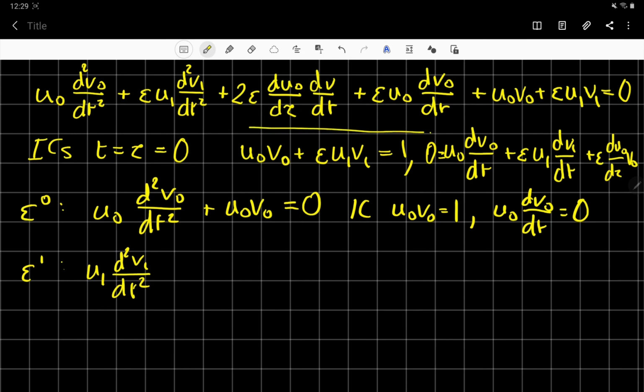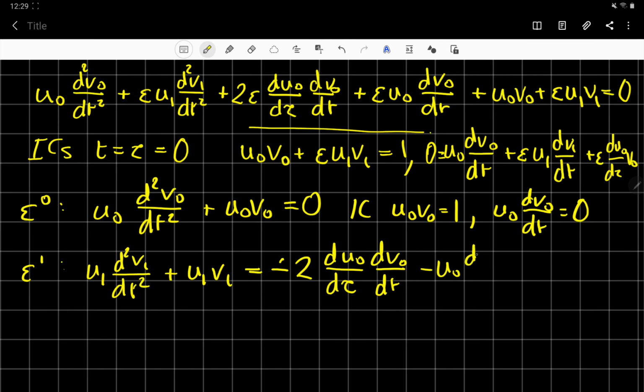These two terms I'm going to put on the right hand side, so I'm going to hold off on these, plus u1 v1, and then I'm going to have some terms over the other side, so minus 2 du naught d tau, that should be a v naught there, dv naught dt, minus u naught dv naught dt equals 0,